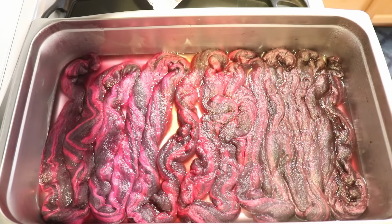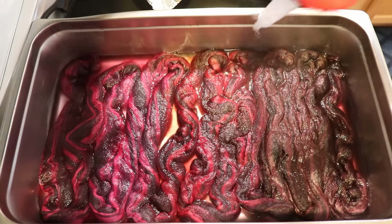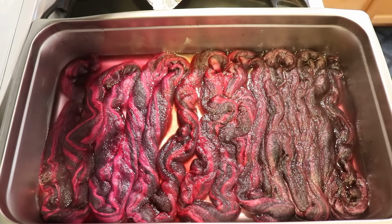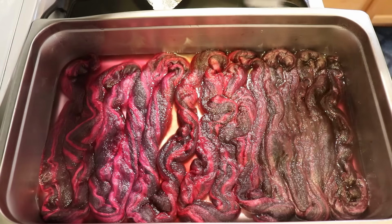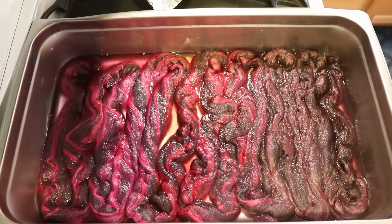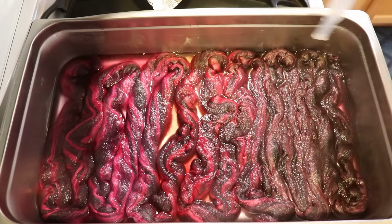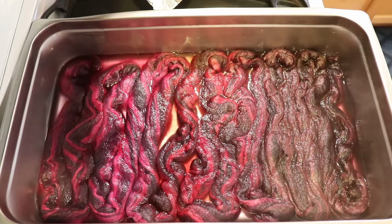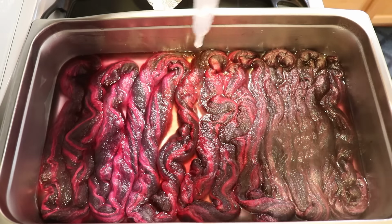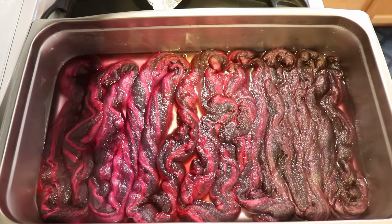And so I think I would like to add some more water. This is just some plain tap water. I don't think we necessarily need more acid, but I would like to increase the coverage of our fiber, so that way we can help the rest of this dye to absorb. And so I'm not adding a lot of liquid, but just slowly in areas, and it should help the dyes just access more